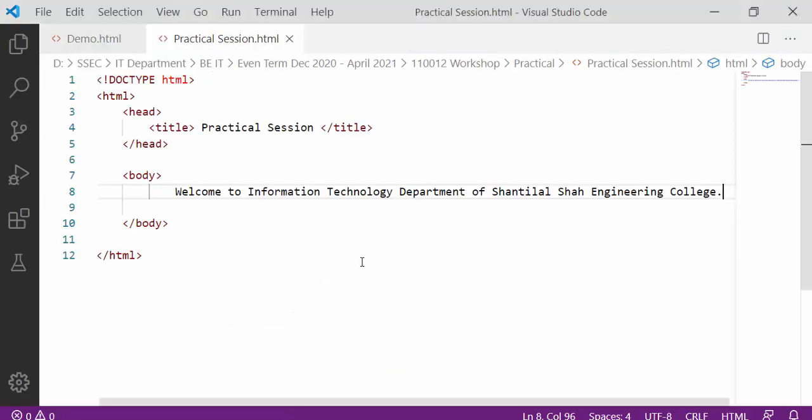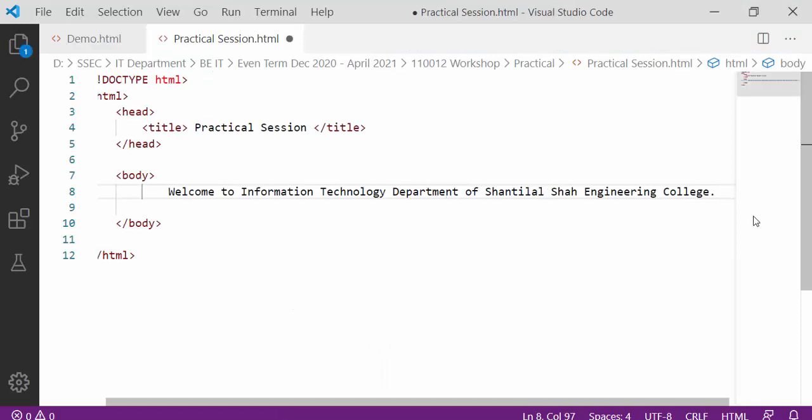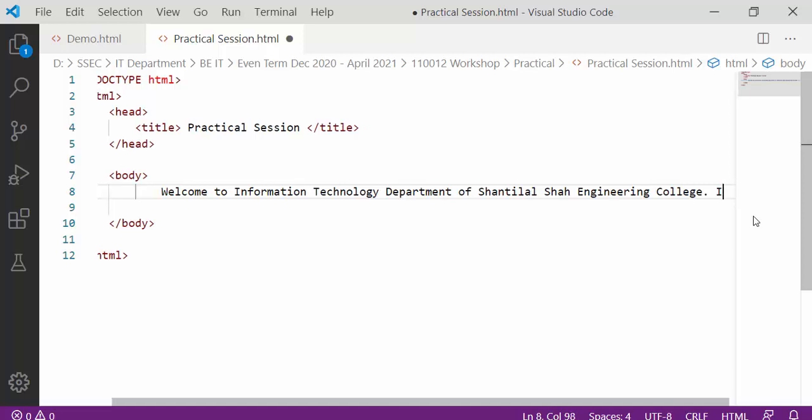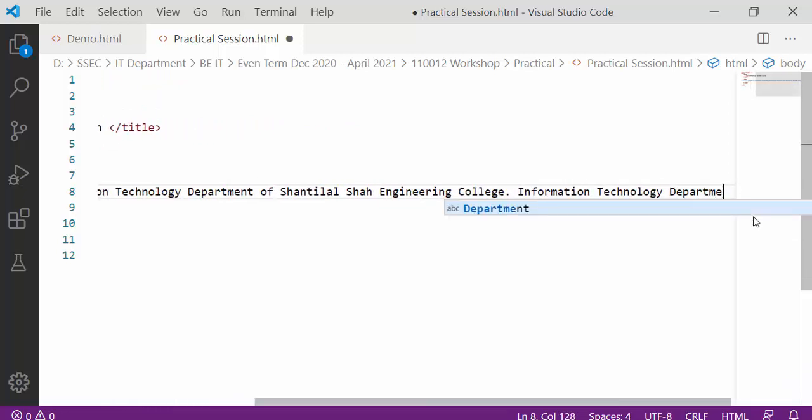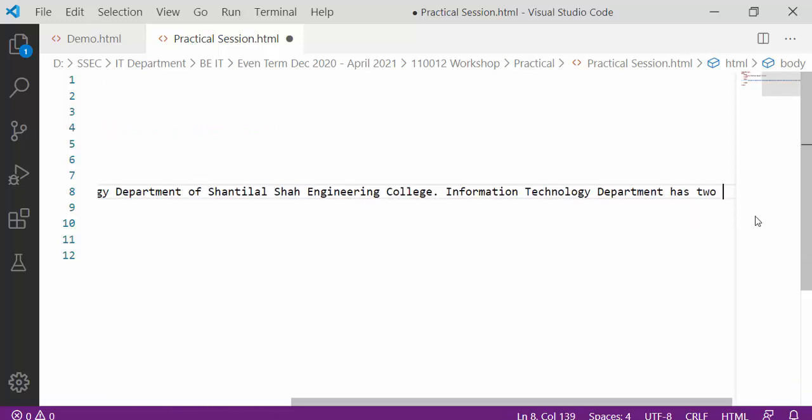Whatever I write, for example the whole paragraph, welcome to the information technology department of Shantilal Shah Engineering College. Information technology department has two courses, BE and ME. I have written this and I will refresh the page.